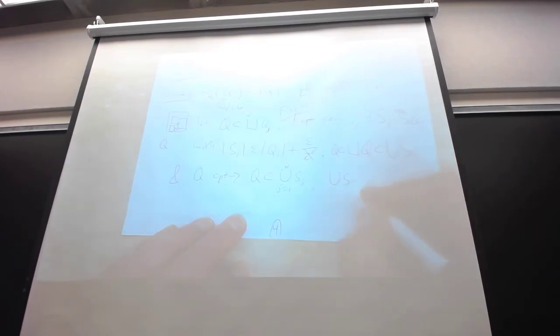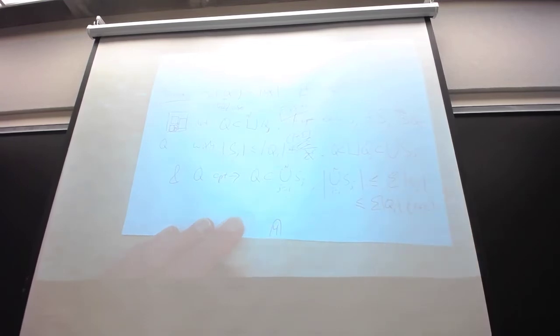Epsilon is enough. So the union of the Sj's, what's the measure of this, or the length of this? This is a finite open set, so the length of this is at worst the sum of these guys, and each of these is at worst the length of the Qj plus epsilon. Or do we need it, because we don't know what n is? Yeah, here's a better way of doing it. Let's do a multiplicative factor of 1 plus epsilon. So then each of these is at worst Qj times 1 plus epsilon.